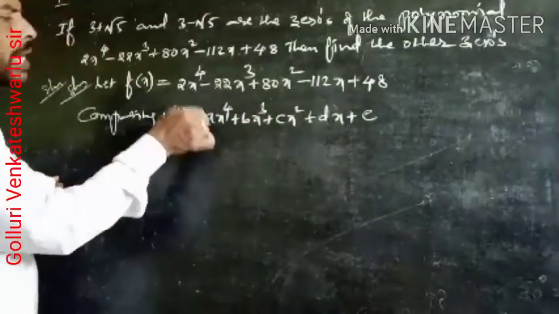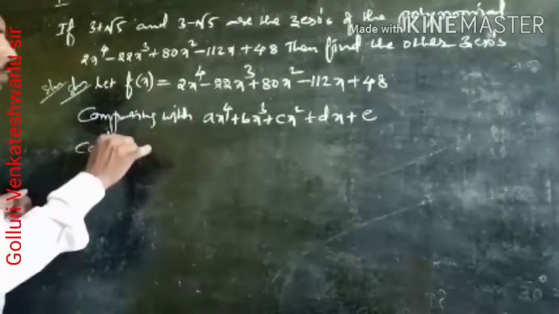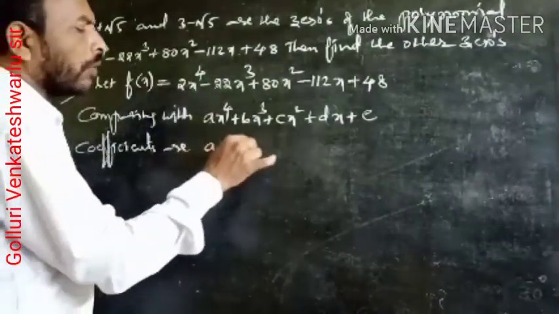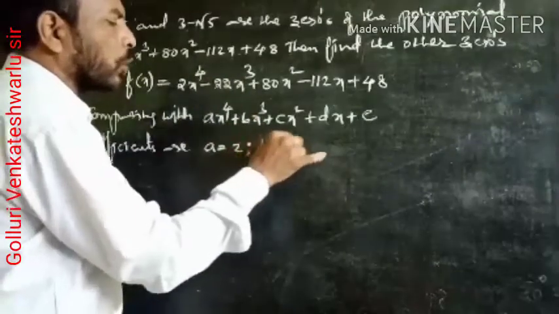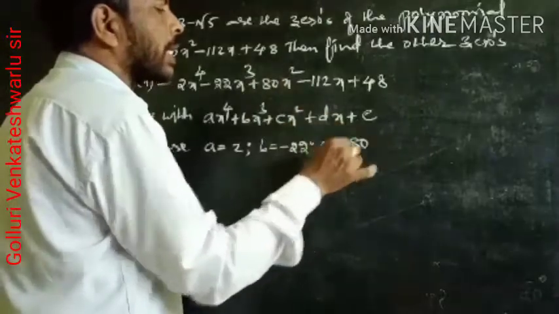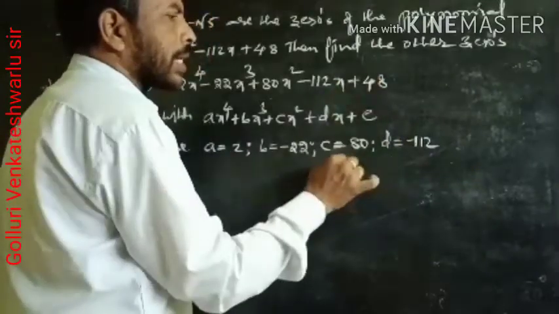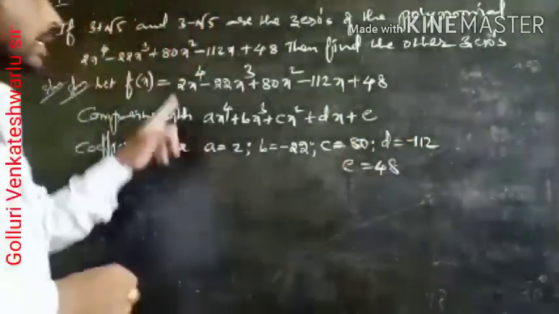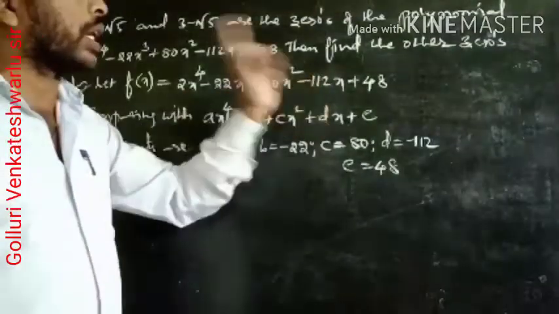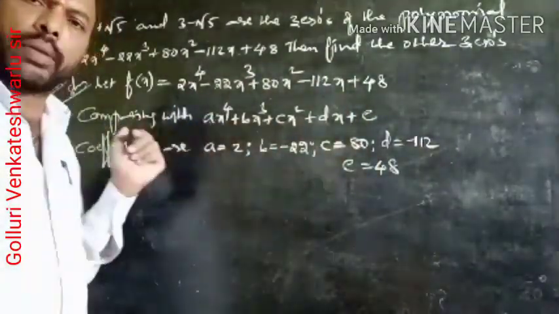So here a is equal to 2. Let the coefficients are a is equal to 2, b is equal to minus 22, c is equal to 80, d is equal to minus 112, and e is equal to 48. All these are the coefficients. Here coefficients are taken. Let the zeros